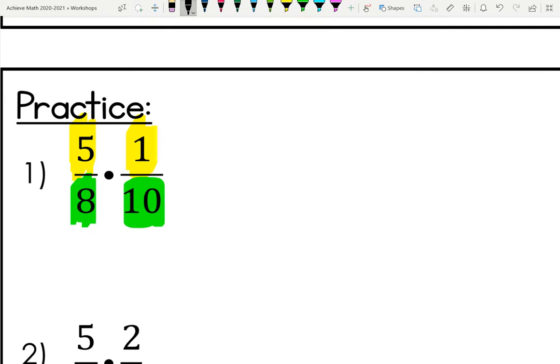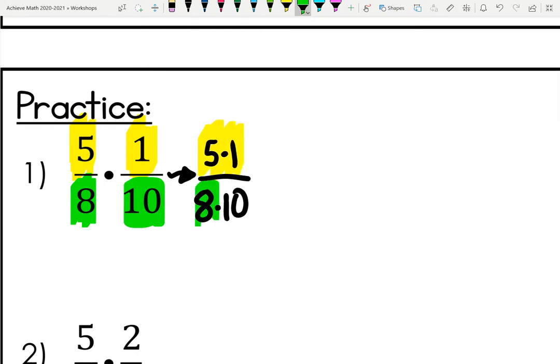If you want to think about it this way, what this lets you do is rewrite two separate fractions that are being multiplied as a single fraction where the numerators are being multiplied together, 5 times 1, and the denominators, 8 times 10. I'm going to go ahead and multiply, and the result is going to be 5 over